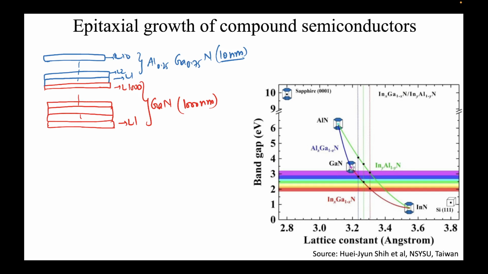So let's say the gallium nitride lattice constant is 3.2. As you can see from this diagram, it's approximately 3.2. So let me try to draw this. How will the gallium nitride, I'm only drawing, let's say, the 1000 layers. At the very bottom we have layer 1. This is layer 1, layer 2, and finally what we have is